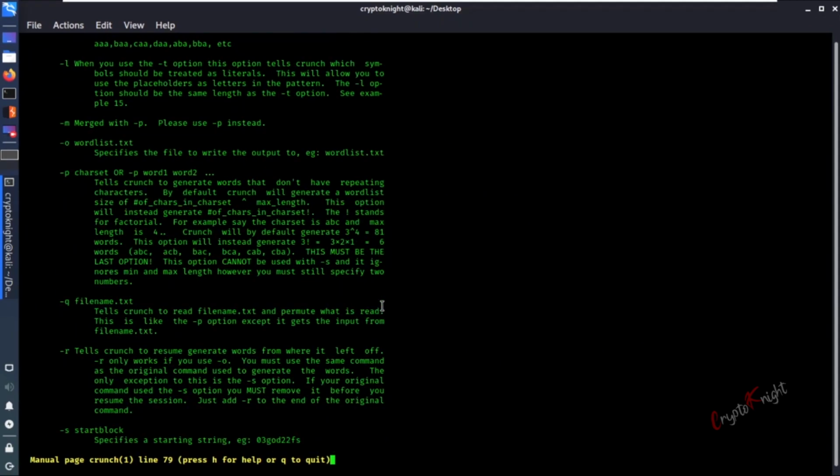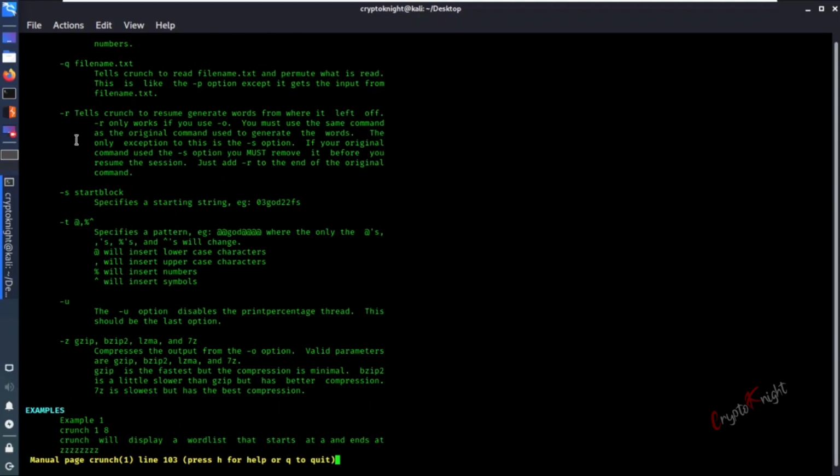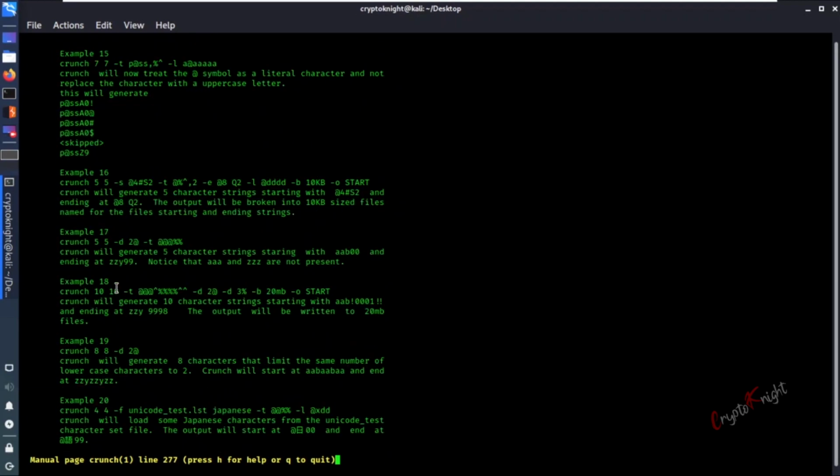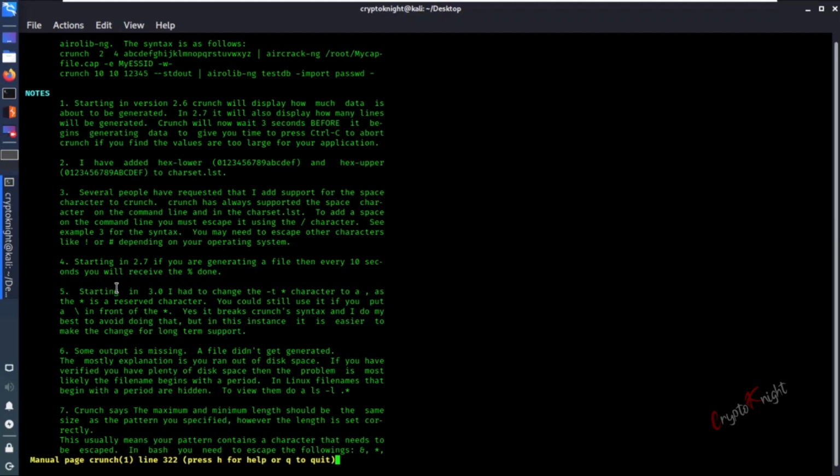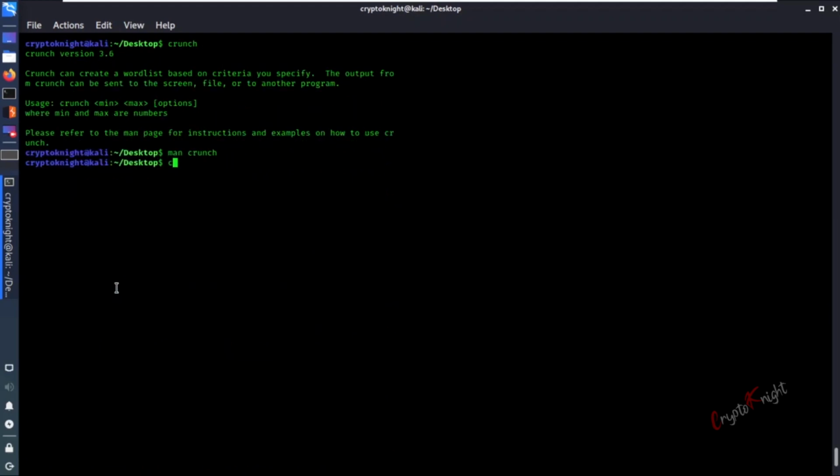Now you can explore these, but for the time being, let's begin with the practical of generating the word list. So let's try to create a word list with Crunch which has words with minimum length 3 and maximum length 6. According to the syntax, we give minimum length, then maximum length, and let's give A, B, C, D, E, F, G. So all the permutations and combinations of minimum 3 letters, going up to 6 letters, will be created from all these letters.